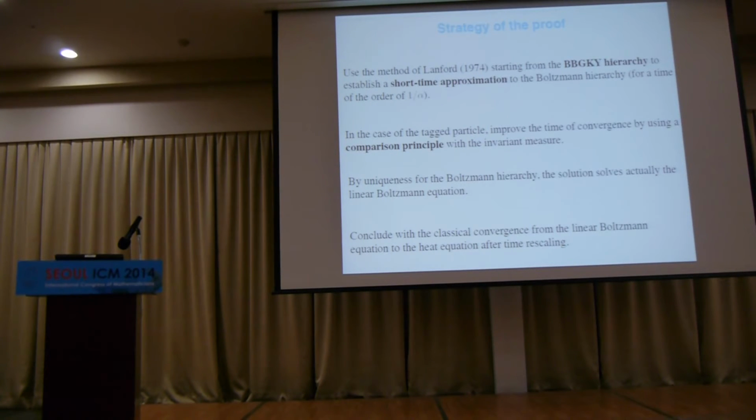So that's one thing, and that gives you the Lanford theorem in a very long time for this special initial data. Then the other thing you have to do is to check that you do get the linear Boltzmann equation. I told you it should be the linear Boltzmann equation; you have to check that's the correct equation in the limit. Once you've done that, you're done, because you know that linear Boltzmann goes to the heat equation. So the plan of the talk is: let's start with n particles, see what Lanford did to get the Boltzmann equation, see why in my particular case I get a better convergence time, and see why my limit is the linear Boltzmann equation, not the nonlinear Boltzmann equation. Then I'll be done.